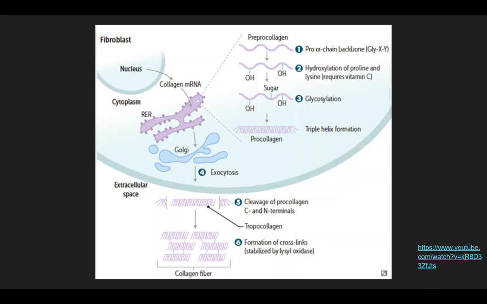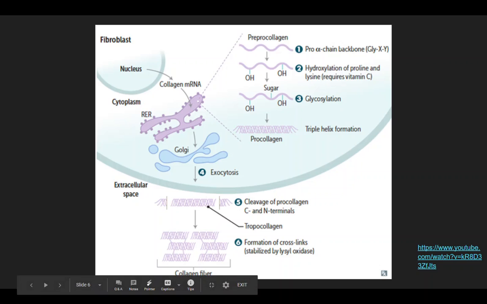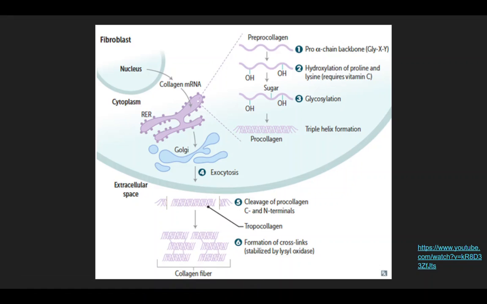Once outside of the cell, procollagen is cleaved by an enzyme, and it clips the carbon and nitrogen ends off the molecule. And finally, this collagen is ready to form its cross-links through covalent bonds of hydroxylysine, in this case. In closing, we can use the biological molecule of collagen to see how organic chemistry and